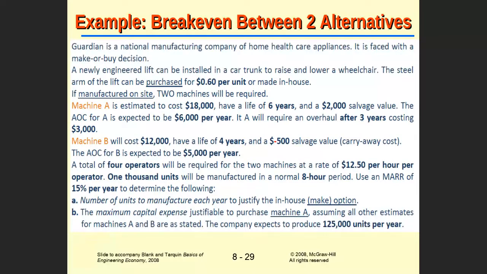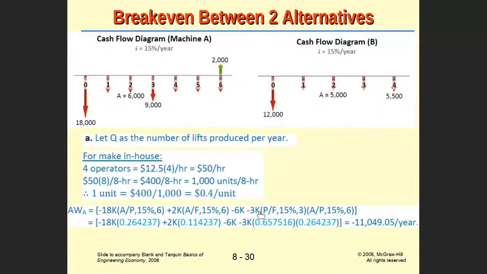So the first step to do that, we here decided to convert it into present using P given F for 3 years because it is placed on year 3. And then we converted to an annual using present for 6 years. You can also use the same value here and use F given P for 3 years, and that will take that value into year number 6, and then A given P for year 6. And when we calculate all these values, it will give us the annual worth for machine A,